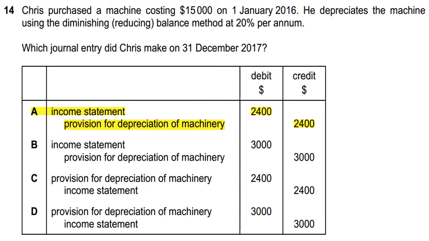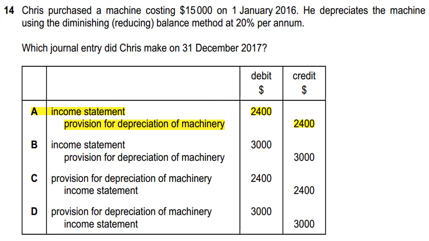And number 14: Chris purchased a machine costing $15,000 on 1st January 2016. He depreciates the machine using the diminishing reducing balance method at 20% per annum. Which journal entry did Chris make on 31st December 2017? A option will be correct: income statement to provision for depreciation of machinery